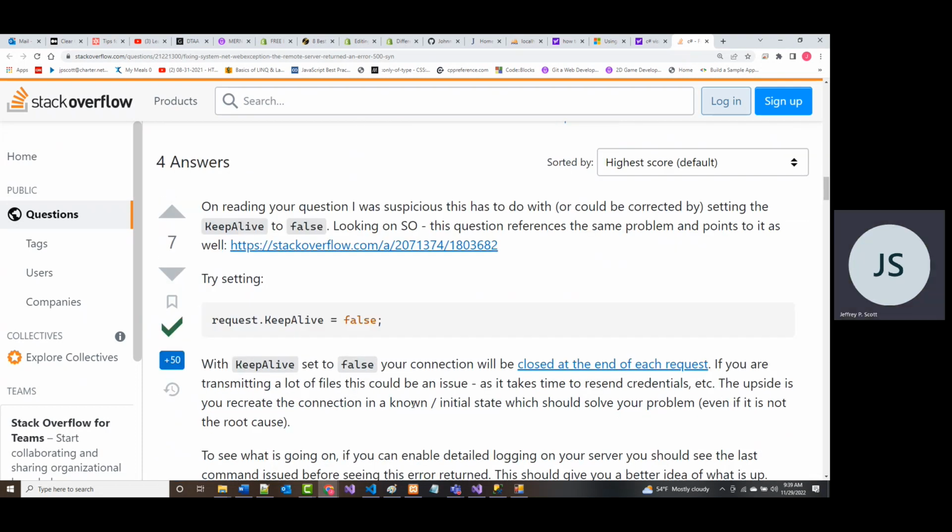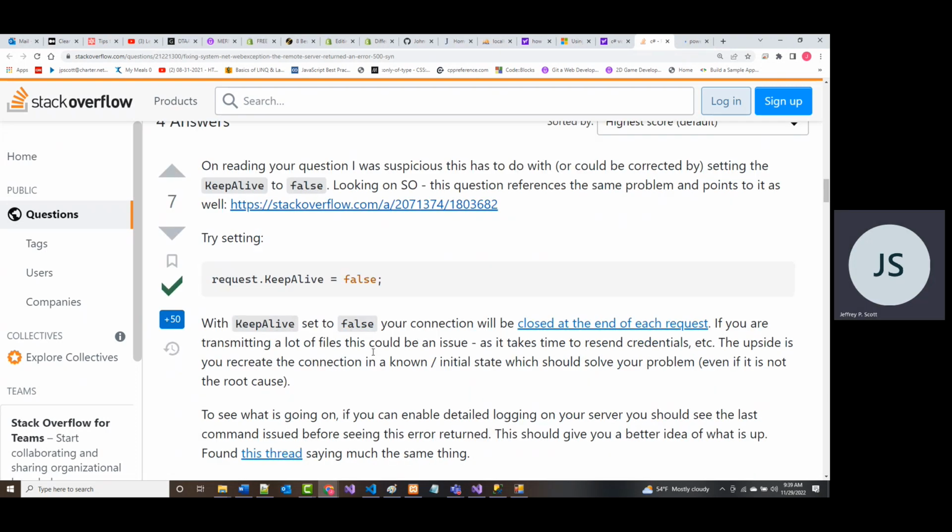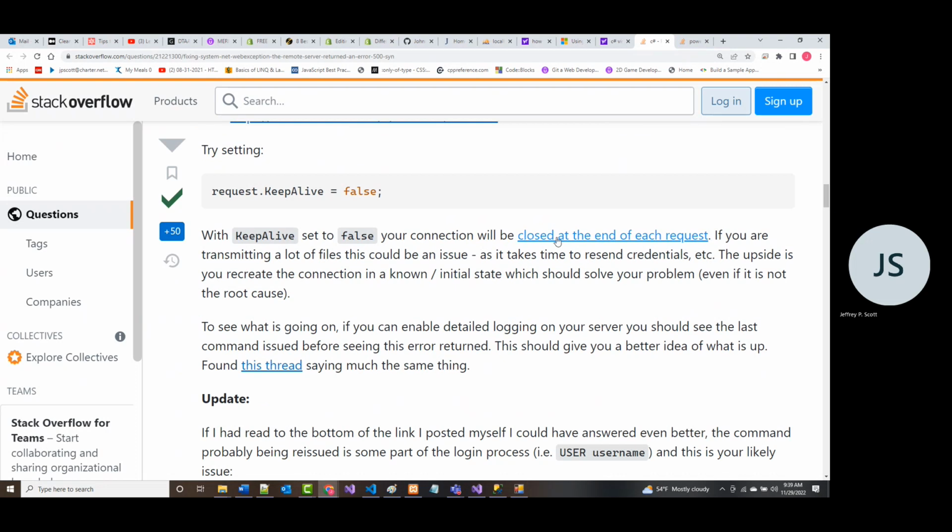On reading the question, I was suspicious this could be connected to setting the keep alive to false. All right, I don't have a keep alive. Looking on SO, this question references the same problem and points to it here. Well, I'm going to bring that one up in a second.